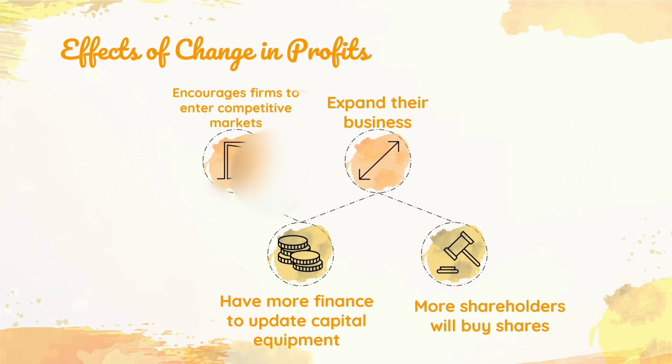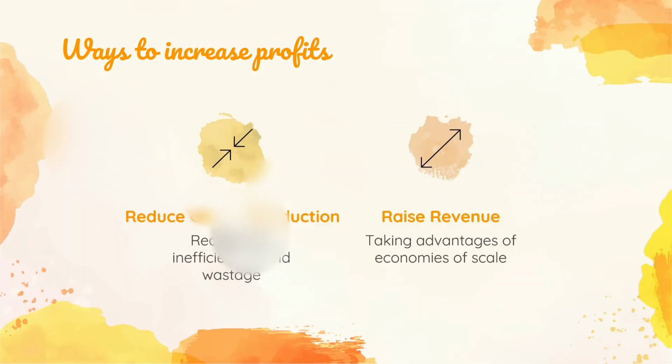Next we have ways to increase profit. These are like the obvious ways. Reduce cost of production, reduce any inefficiency and wastage. Like I gave an example for plastic bottles, out of 1 kg of plastic, you might be wasting 100 grams of plastic, which could have produced at least one bottle out of it, or for example one cap of the bottle or anything.